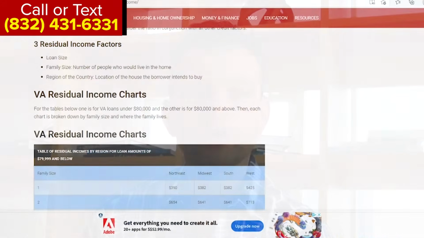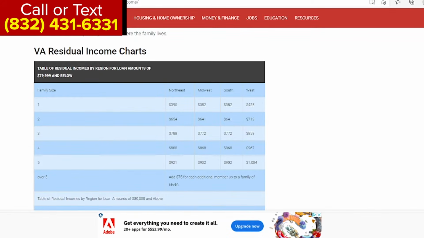The VA says, based on the size of your family and the region that you live in, you have to have a certain amount of income left over. For my example, I'm using $1,000. If you want your specific number, look at the chart. That chart's updated right now in 2021 for current VA residual income requirements.